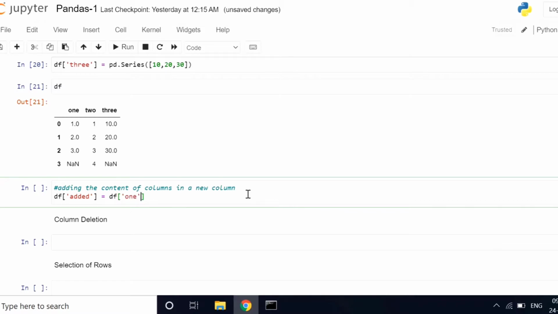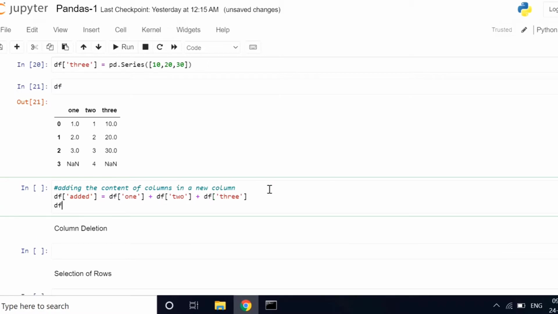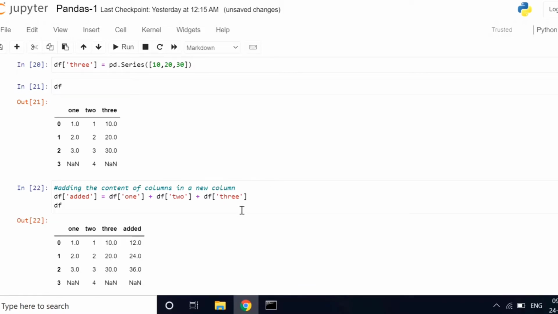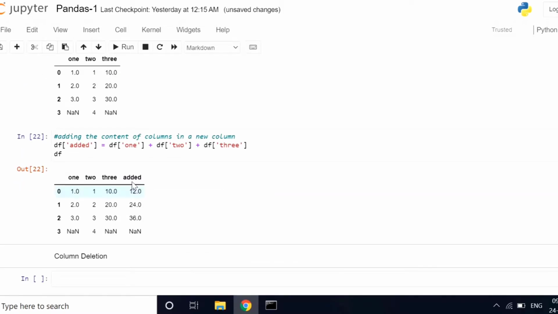df1 plus df2, right? And what we can do is df3. It's important that you type the correct name of the columns, right? Now what we can do is print the df, and here you can see we have